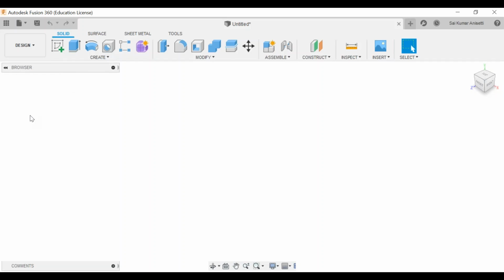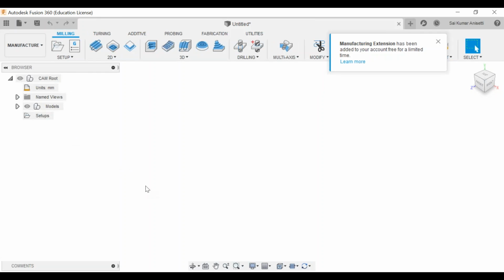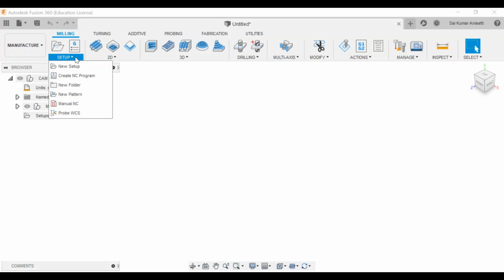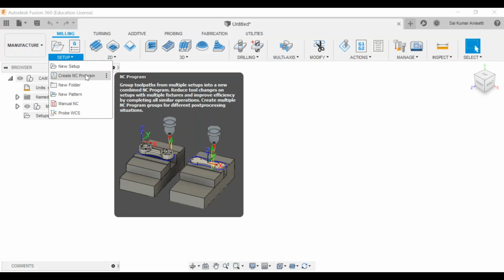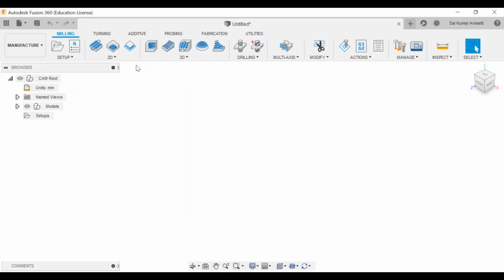You have manufacture, and this is CAM. So after completing your single part, how are you going to manufacture it, right? Whether it is milling, like you have a setup, you can generate an NC program. Okay, it can automatically generate an NC program, whether you have turning or milling, right? There are different kinds of manufacturing operations. In milling, you have all these options, right? Face milling and multi-axis milling. So these are very advanced options.